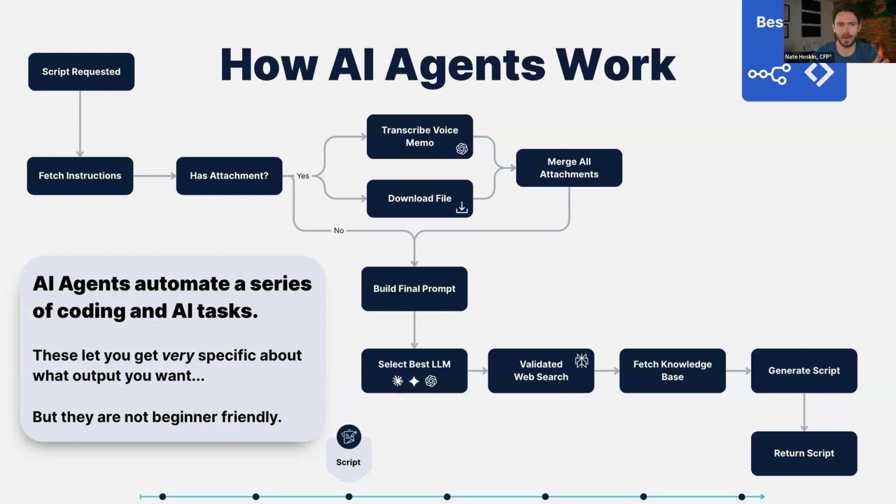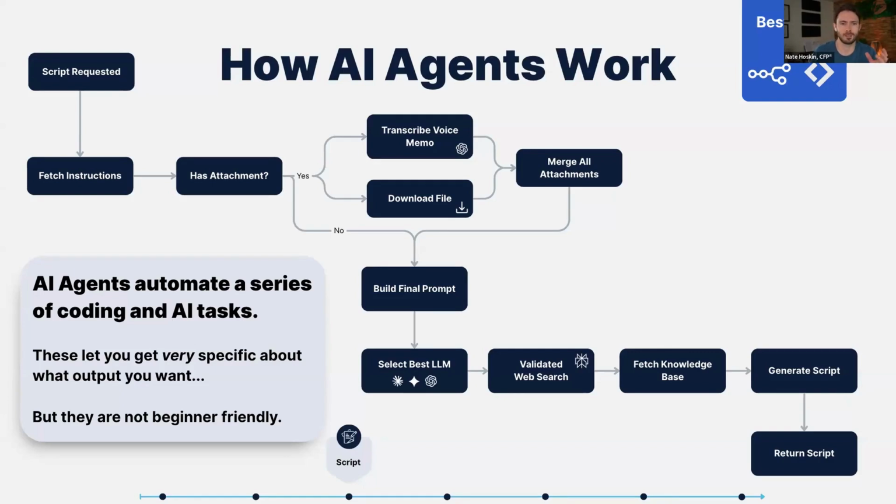So Nick mentioned it at a high level, but really ChatGPT is probably the best one for ideation. And then Claude, especially, is it Opus 4, Nick? Yeah, Claude Opus 4 is fantastic for scripting specifically. So using the right model to get the right output is really, really important. And then Nick also mentioned validating your web search, so making sure that if it gives you a citation, it's actually real.